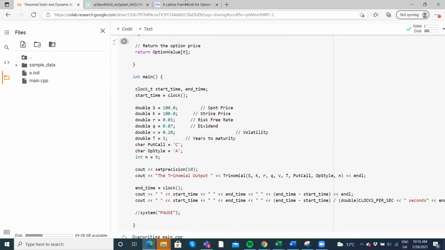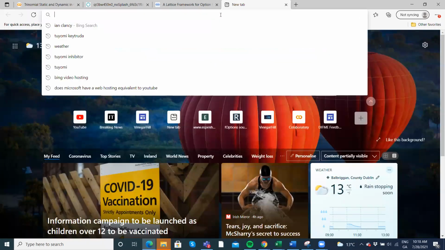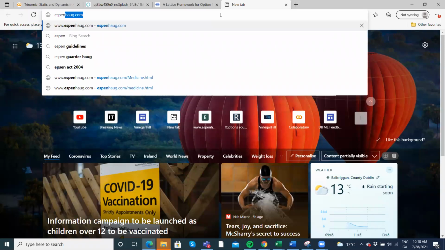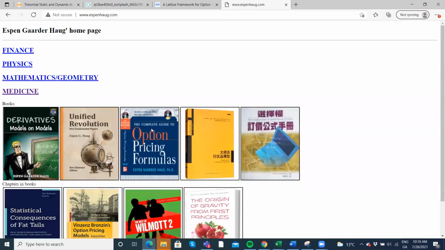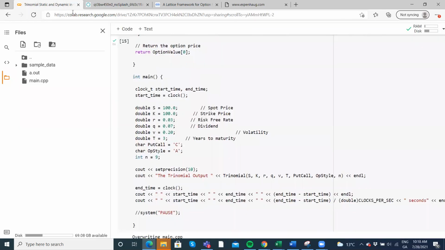I'll leave a link to that. We might take a look at Espen's website for a second. Espen has a couple of textbooks. One in particular we make reference to a lot is the option pricing formulas, where he sets out a number of option pricing formulas in VBA for Excel. And his lattice structure is quite efficient. He uses dynamic memory, and we replicate that here in C++